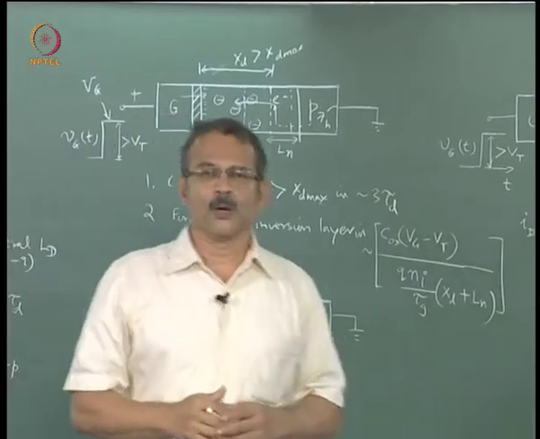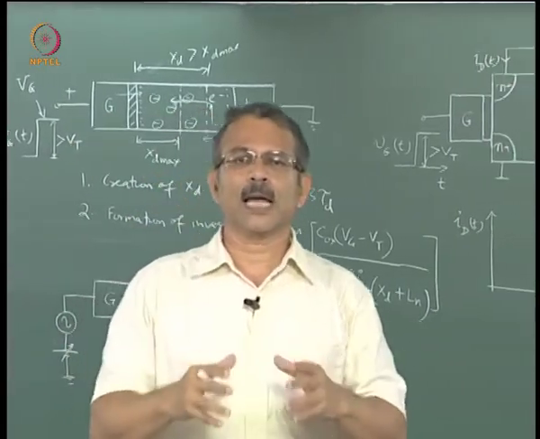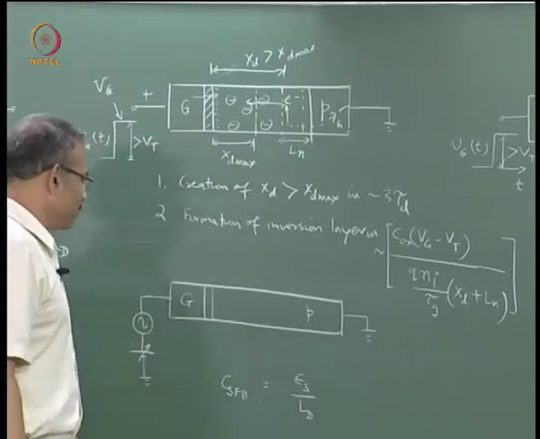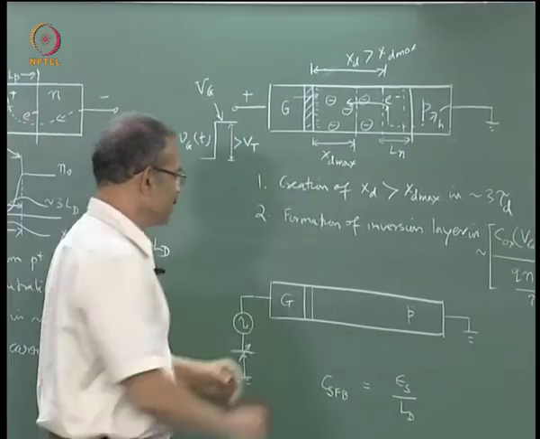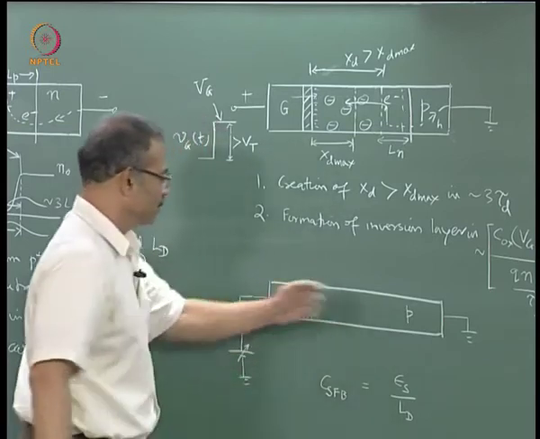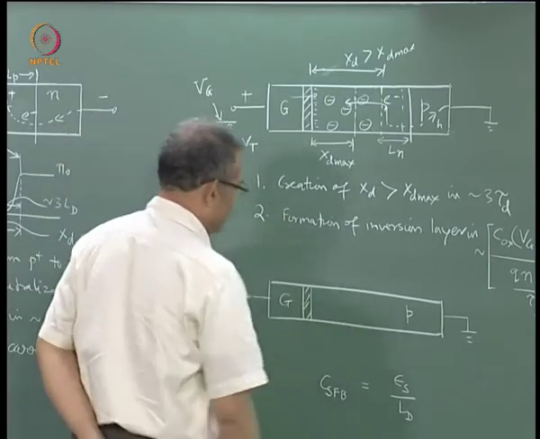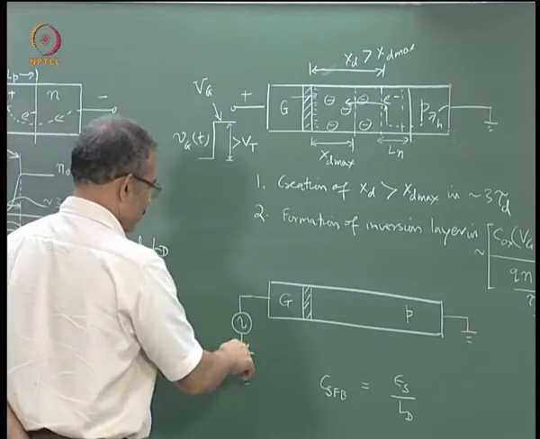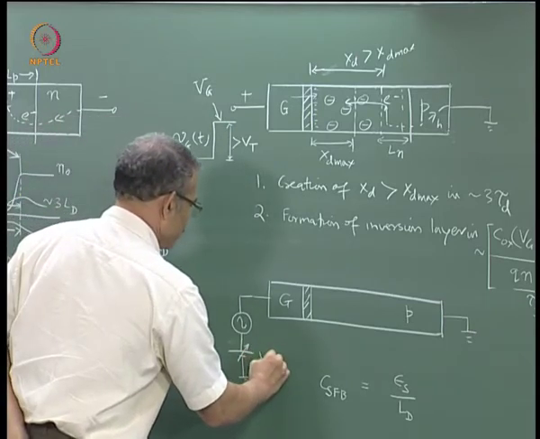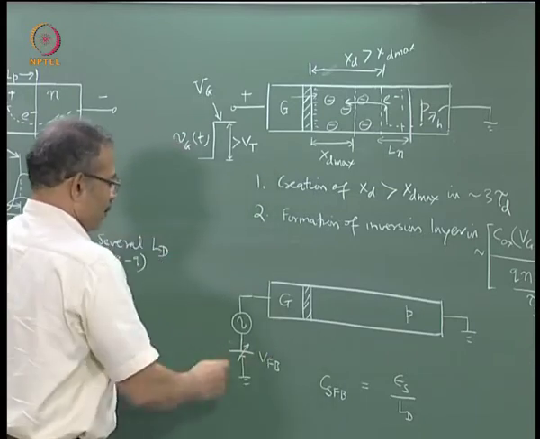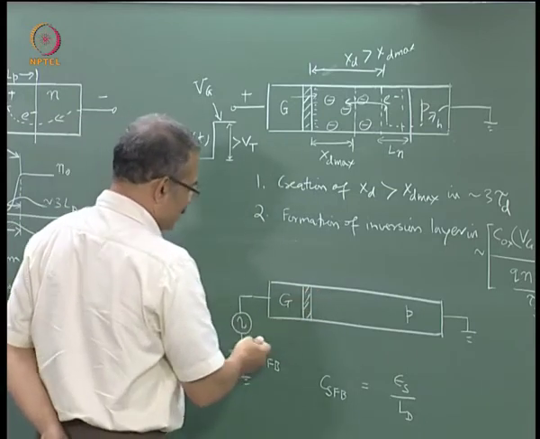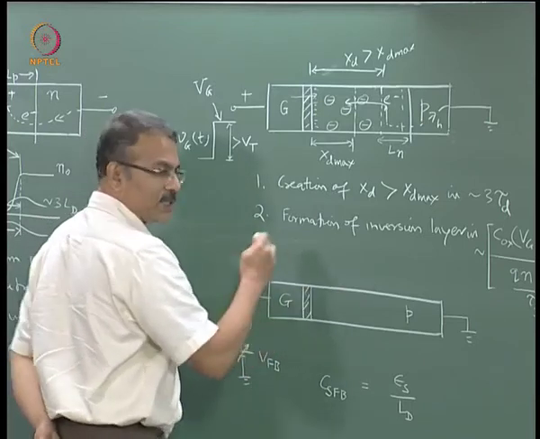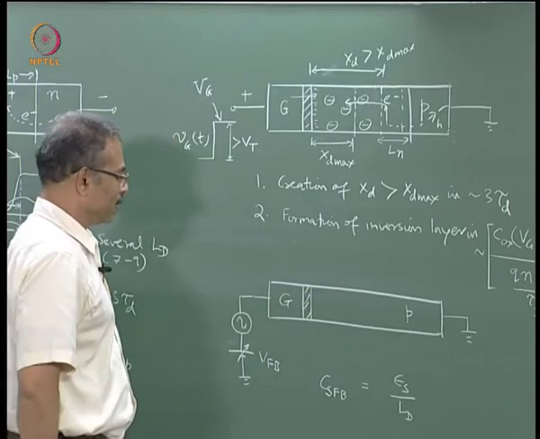Now one more example that we can describe in terms of the characteristic lengths is the capacitance of the MOS. Suppose this is your MOS capacitor or junction. What is the flat band capacitance, if you want to know? So we have applied a voltage equal to the flat band voltage here. Under DC flat band conditions, you know that there is no charge here in the semiconductor.